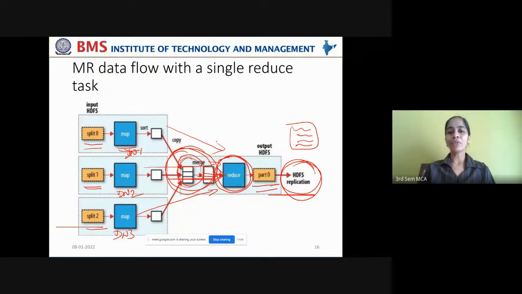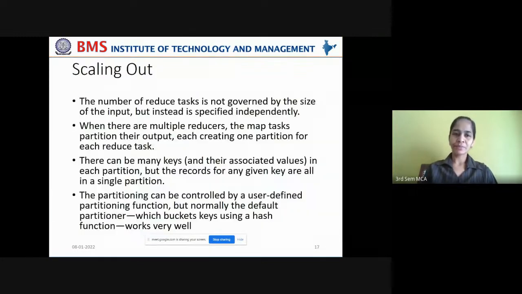That means the output of the reduce phase has to be maintained in 3 copies, the default replication factor of 3. It will be written onto 3 different files on the HDFS cluster.